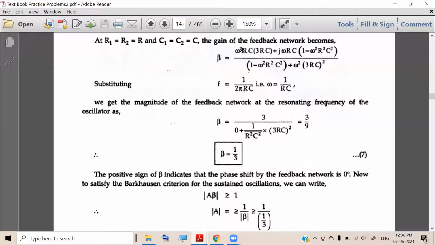I told you this: the second term in the numerator is 0. The first term in the denominator is 0. Then R1 C1 plus R2 C2 plus C1 R2, the same term is again in the denominator but with square. So the square and R1 C1 plus R2 C2 plus C1 R2 will cancel out. Omega square cancels out, and this term in the numerator cancels and the square in the denominator will cancel. What will remain? Please answer first.